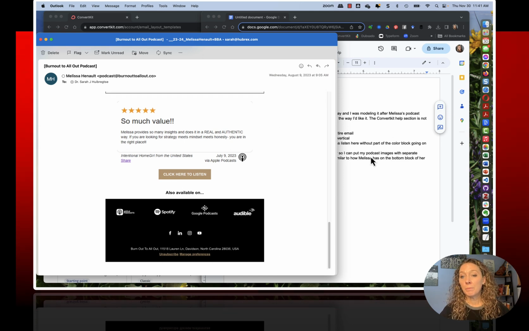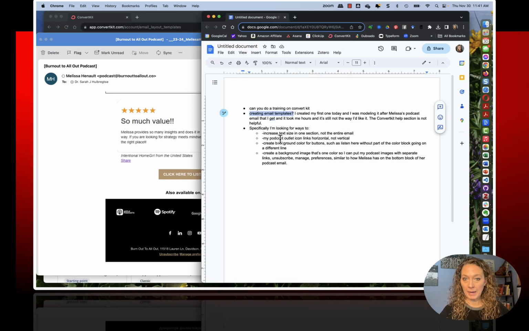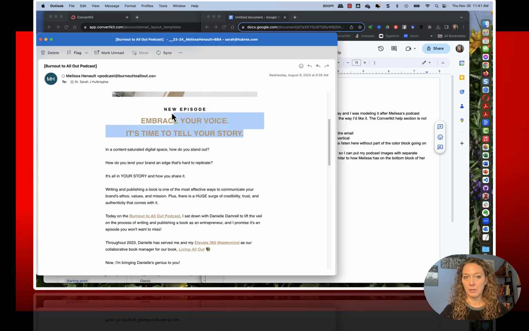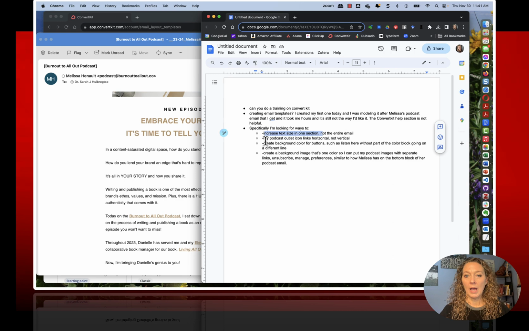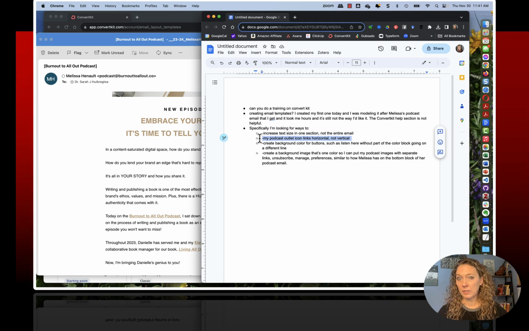And then you mentioned, let's see, so my podcast, so here we go. Specifically, it's how do we increase the size from one section to the other? So for example, here, this is one type of text. This is a second. This is another type. My podcast outlet icon's horizontal, not vertical. This one is the only one that I think we may need to do a little bit of troubleshooting, but I am going to give you a couple tips and tricks that you might be able to use to solve that. And if not, we already have that Zoom call tomorrow that we can always jump on and do some